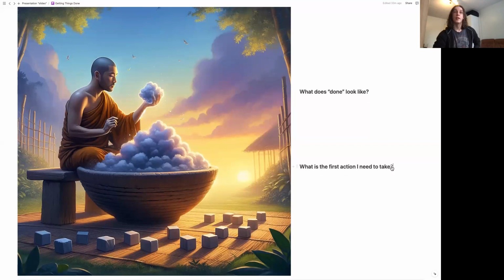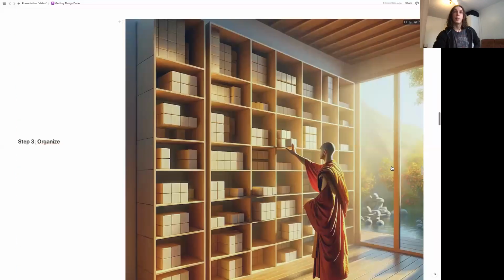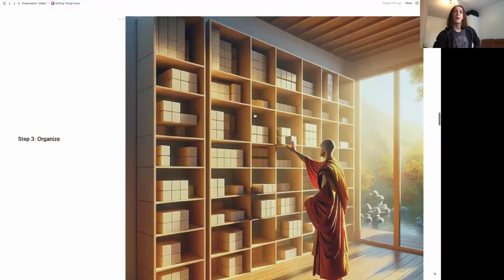And then the next step is organize. So now, having processed the amorphous reminders into specified, clear tasks, the monk is now putting them into place so that he knows where to find them. And here,